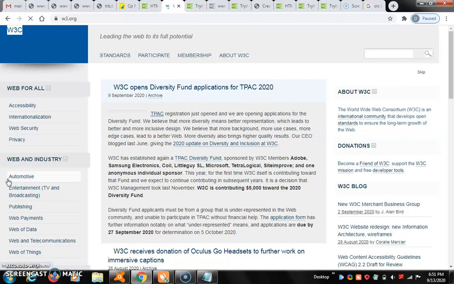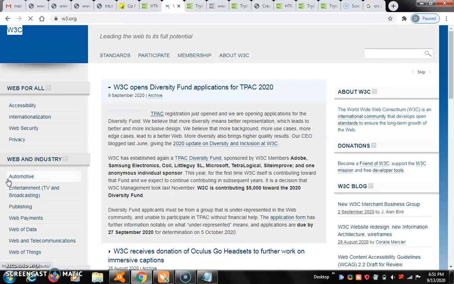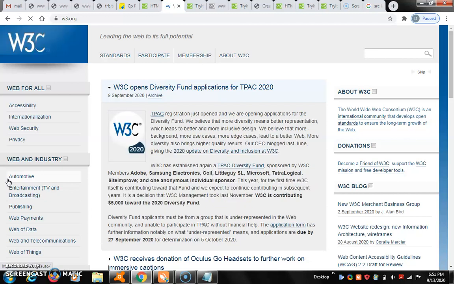Then W3C means w3.org. This is a particular page. W3C open and deliver city fund applications for TPEAC 2020. That particular page will display. So this is another way of hyperlink.